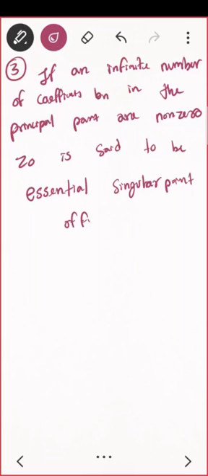So by means of your Laurent series expansion, I defined three types of singularity. The first one was pole of order m. If you have at least one bm which is non-zero, and others are zero after that, then that is called a pole. And if infinitely many bm's are non-zero, then that is called an essential singularity. So the example you can take, I'll write here only,